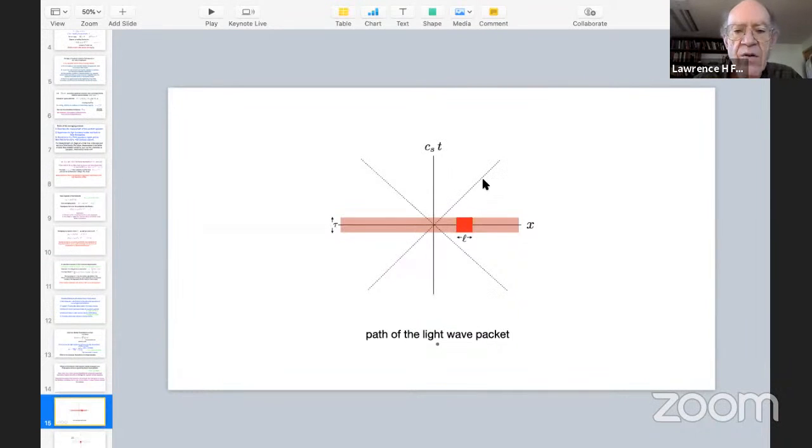And we can understand that a little better on what you might call a sound cone diagram. So this is position and speed of sound times time. Of course, this is like an ordinary light cone, except for sound waves. So this dashed line is what you may call the sound cone. It's the path of a phonon, or a sound wave, in this fluid.